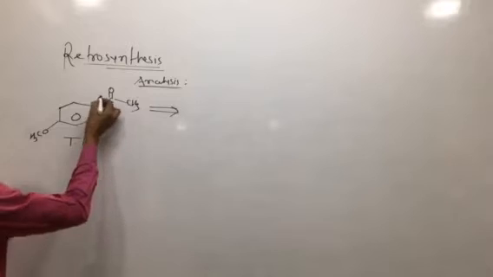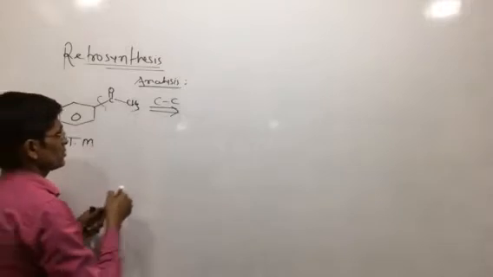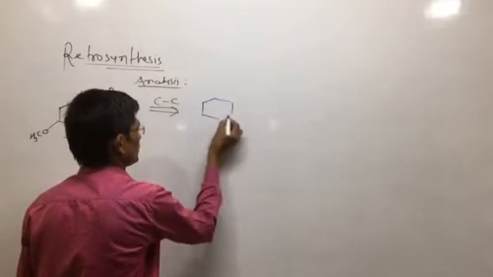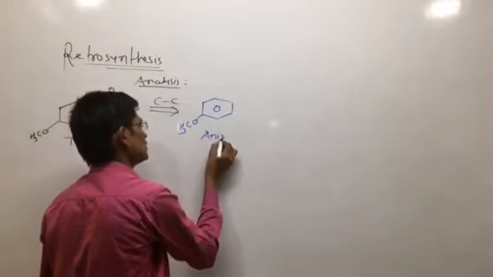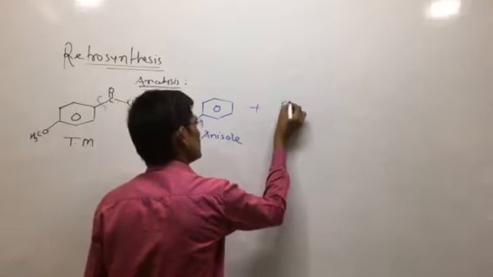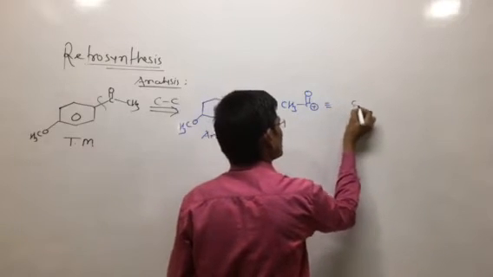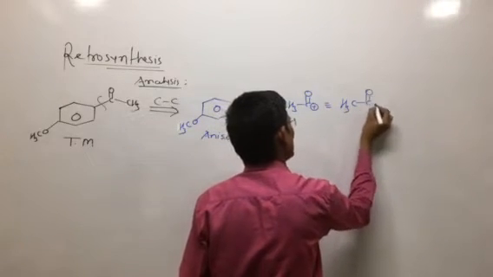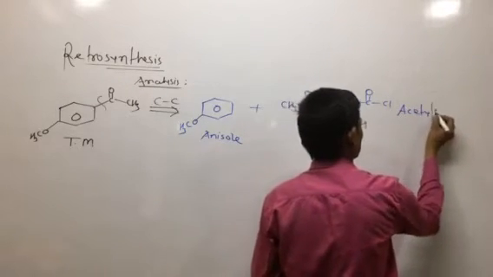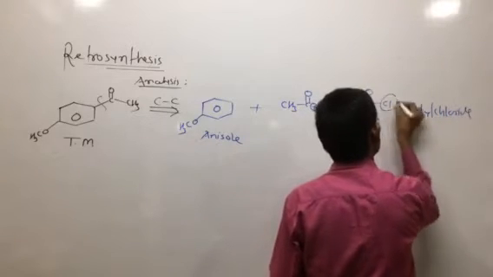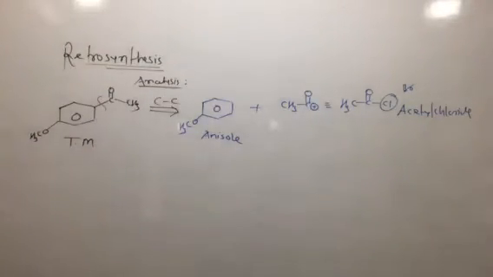If we have this C-C disconnection, यहाँ पे हम CC disconnection करते हैं. What happens if the C-C disconnection takes place? There is formation of this methoxy compound, anisole, and this CH3C double bond O positively charged synthon, and the synthetic equivalent CH3C double bond O with a chlorine atom. So this is acetyl chloride. We can take not only the chlorine but also the bromine atom, acetyl chloride as well as acetyl bromide. So the methoxy group is here.